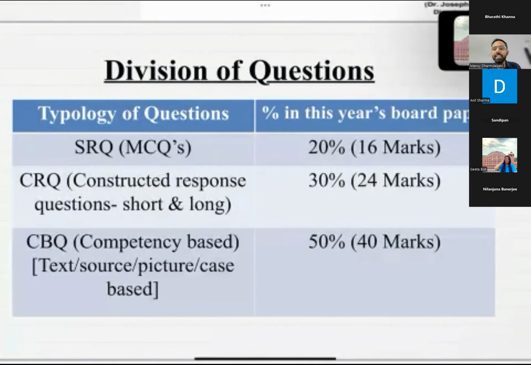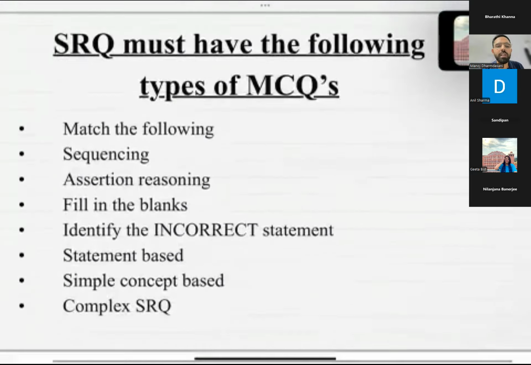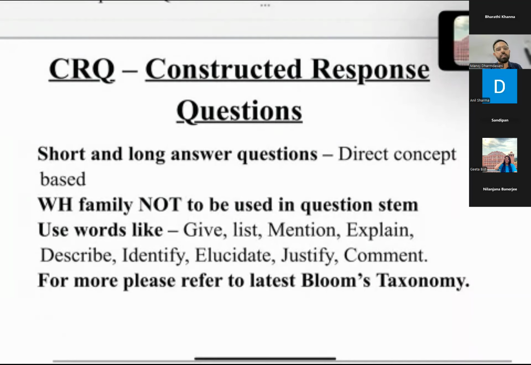And the second category we are going to discuss is CRQ, constructed response question, which includes the basic 2 categories of short answers and long answers, which we have been using for the last 20-30 years, in which we used to put direct questions, which could be of 3 to 4 marks, which is the short answer category, and the long answer category, which is direct based questions. Like we used to ask: write any 4 features of management, write any 4 types of plan, write this procedure, or write any 4 factors affecting fixed capital and working capital requirement.